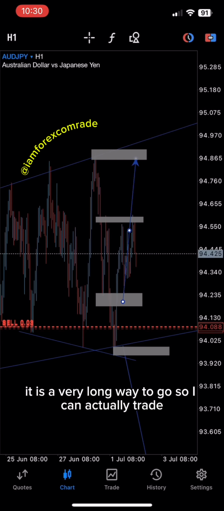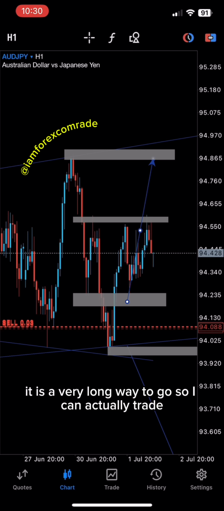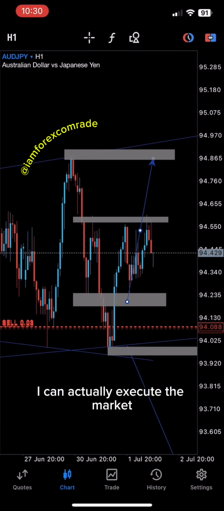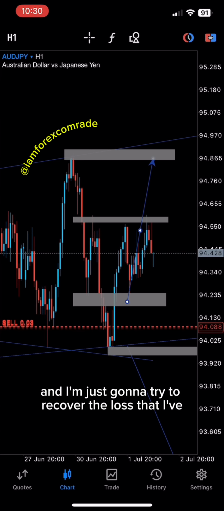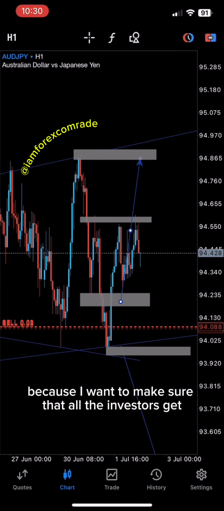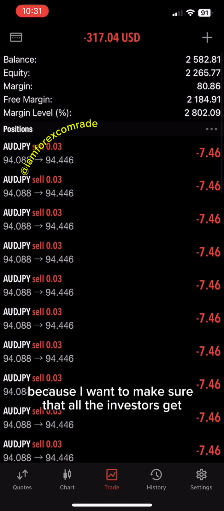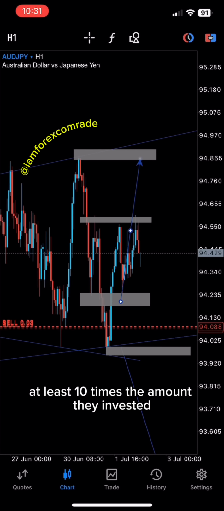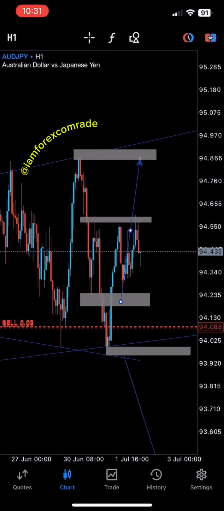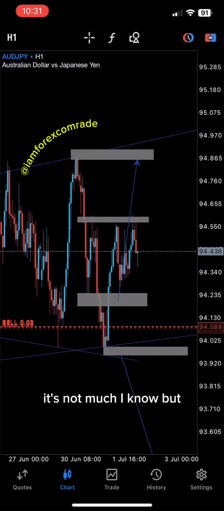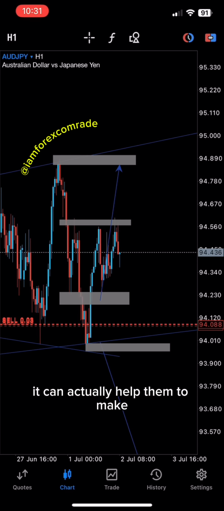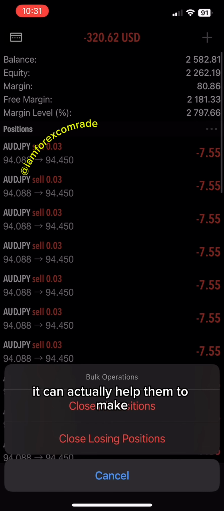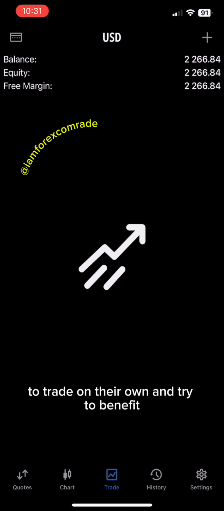It has a very long way to go, so I can actually execute the market, and I'm just going to try to recover the loss that I've made, because I want to make sure that all the investors get at least 10 times the amount they invested. It's not much, I know, but it can help them to make their trading decisions, to trade on their own